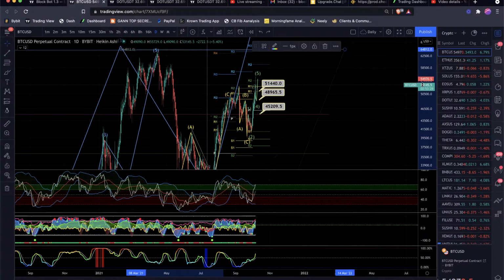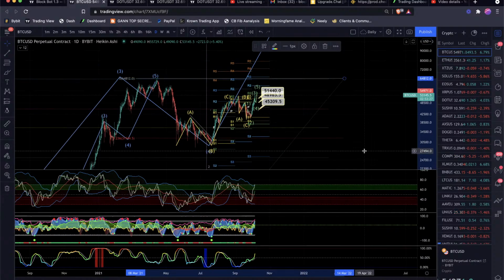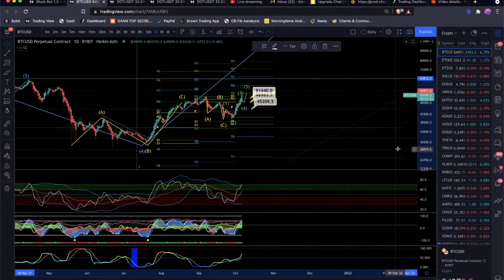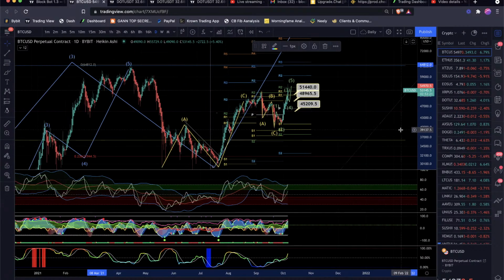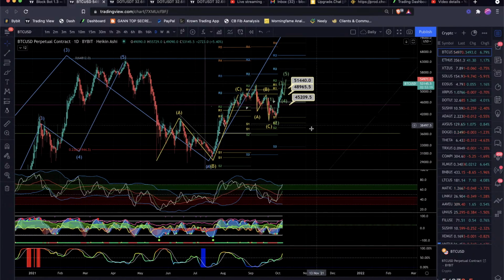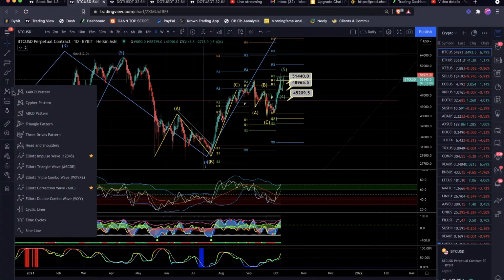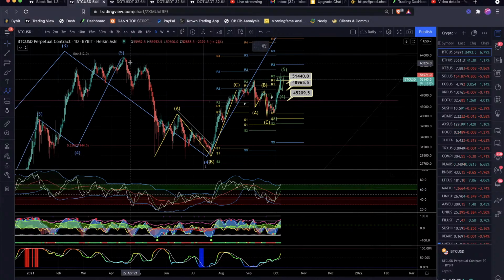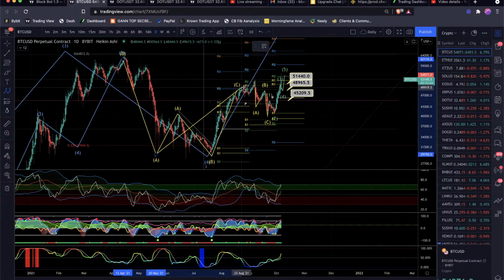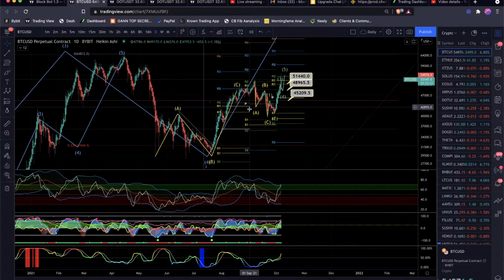Again, guys, this is the daily. We had a couple different options on the table for us, and one of them is that this was the C wave, and that this right here would be coming down for another C wave, which would basically make this whole thing our A down, our B up, and then another C down. Okay, so with this move here, that move is off the table in my opinion.